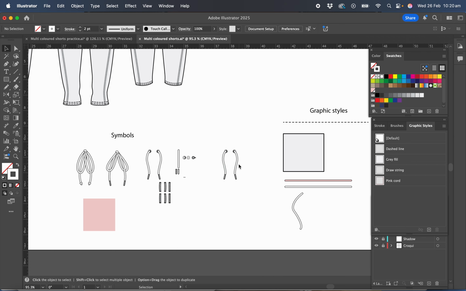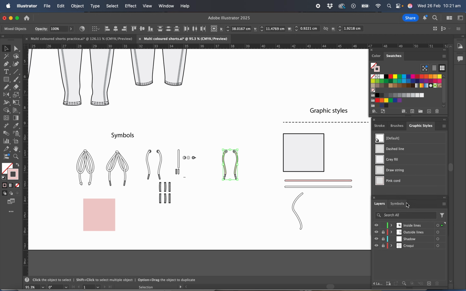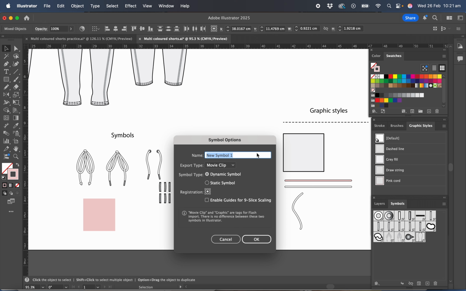And what we're going to do is just recolor. So I've clicked one, hold shift, click the other one, and I'll recolor it with the pink cord, and then I can reload that new symbol into the symbols panel. So Window, Symbols if you haven't got your symbols open, and we'll click the plus and we'll call this pink drawstring,